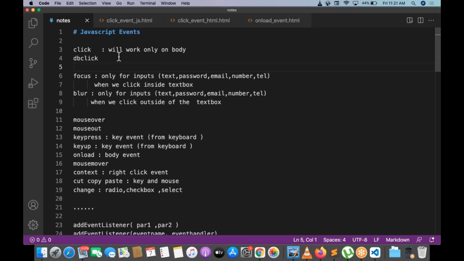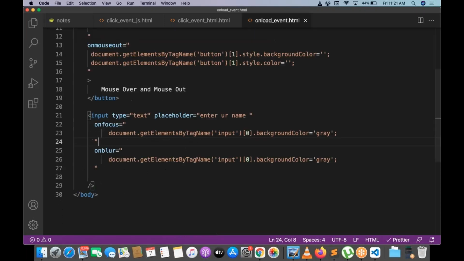So nodes are getting updated by the program. When we are doing the programming, some nodes are getting updated. I'm not writing the plain notes there. So by writing the program, I'm giving the notes. So just follow the video and do the practice. The video will be uploaded. All the events today. So the next one is onload and focus and blur.